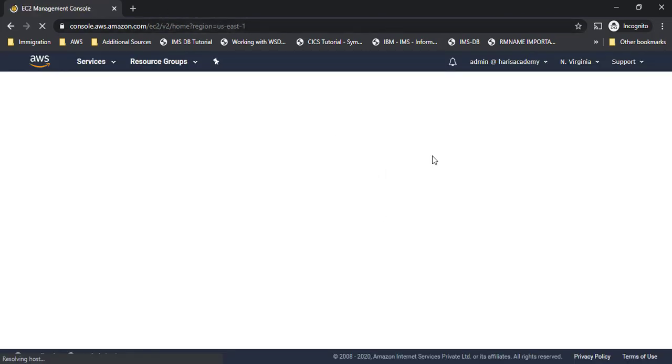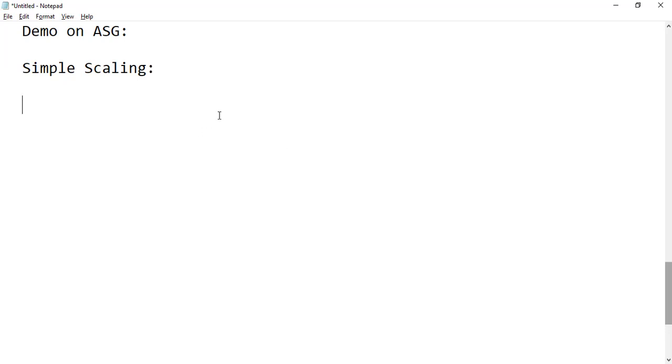So before doing any demo, we'll see what are the steps to be created for this scaling, right? All auto scaling groups have two things in common. When I say add one EC2 or remove one EC2, how will it come to know which EC2 I have to add, what should be the configuration of it, what should be the OS, what are the different steps we need to have, right? When I say add EC2, it can be Ubuntu or it can be Windows, anything, right? So how will it come to know which EC2 has to be added? We have already learned about launch templates earlier. This is the template which we are going to use for launching our EC2s, okay? So the first step is sorted.